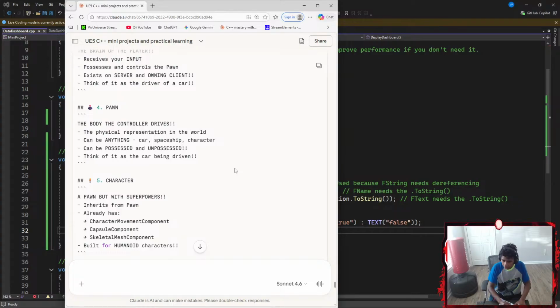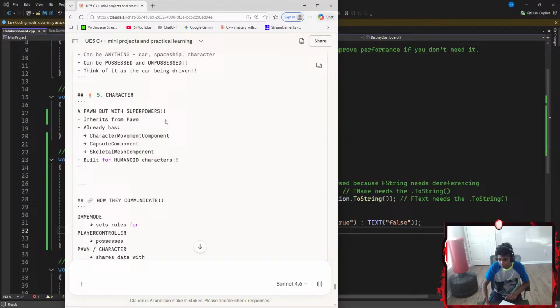It can be possessed and unpossessed. Think of it as the car that is being driven. There we go.